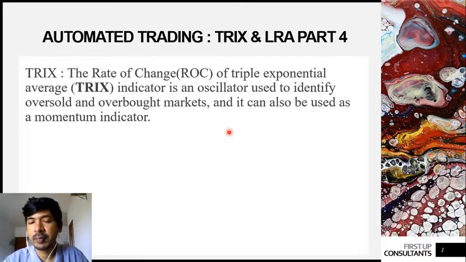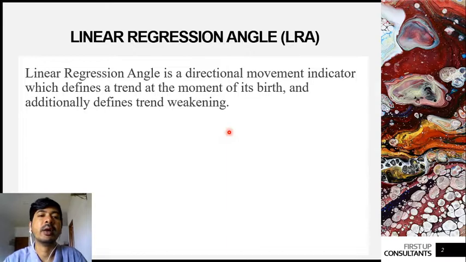TRIX is simply the rate of change of the triple exponential moving average, which we are utilizing as a momentum indicator to help guide the detection and the direction of the trend. The linear regression angle, we are utilizing for entry and entry optimizing purposes. We will figure out the possible trend change on the short term while utilizing the TRIX as our major guiding